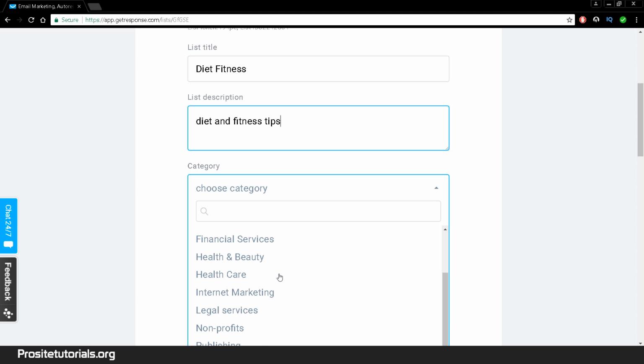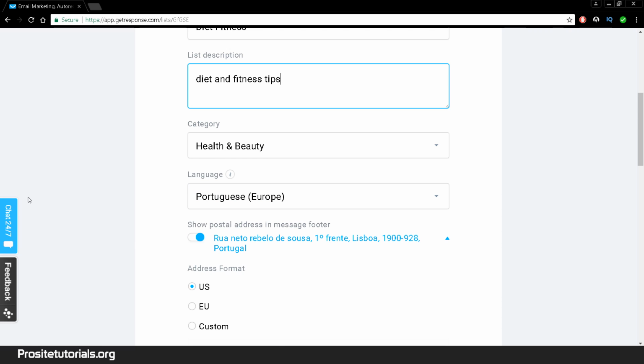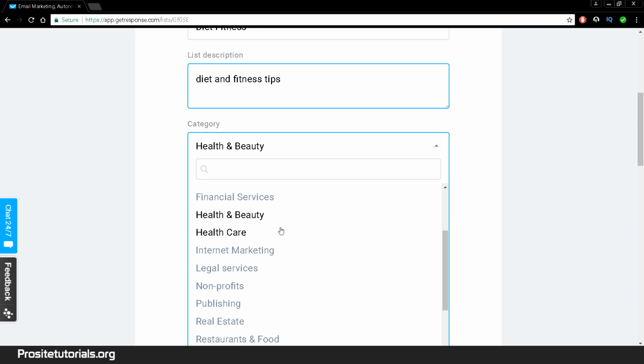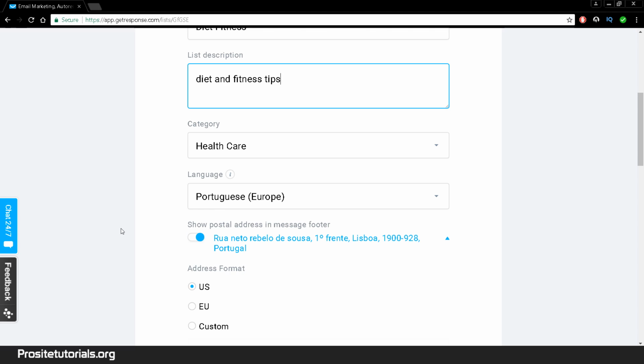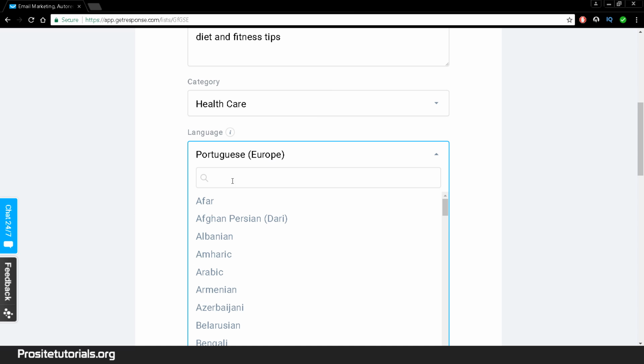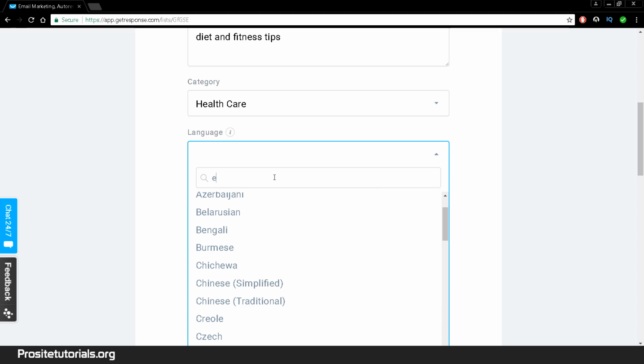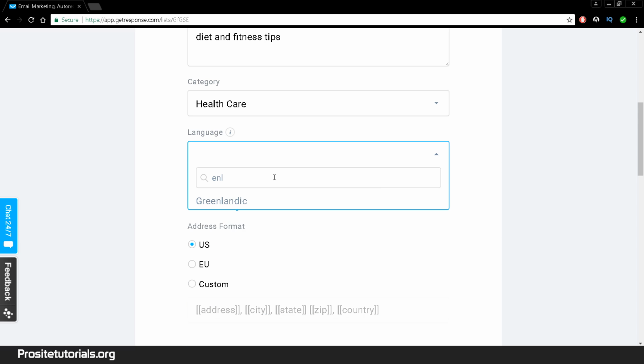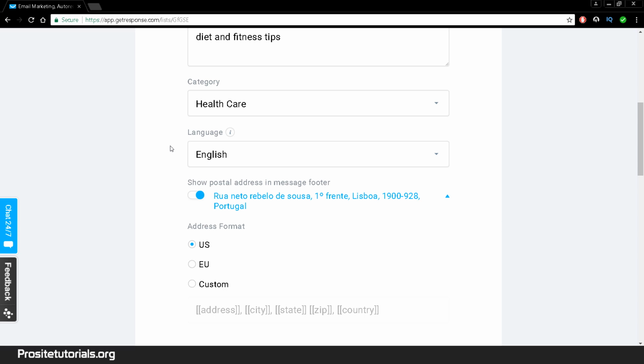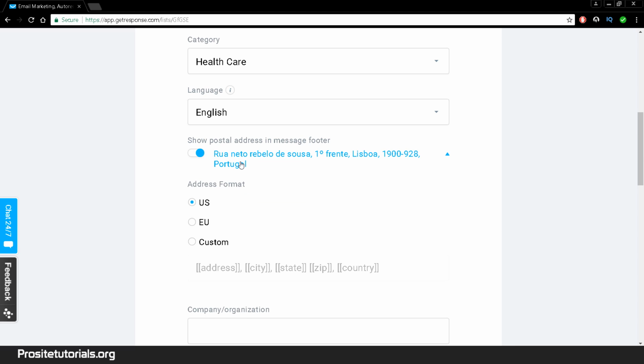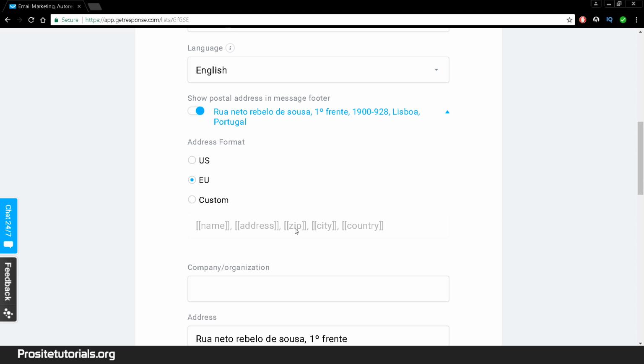And choose a category. Let's see over here, health and beauty. It's probably not exactly the best one. Healthcare, probably. And language, I'm not going to leave this Portuguese, otherwise nobody would understand what exactly my messages would be about. So over here you want to include the language of the list that you are sending, the messages that you are sending, the language in which they are. So address USA, actually it's EU,